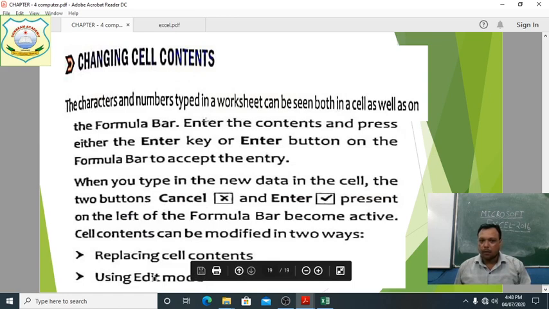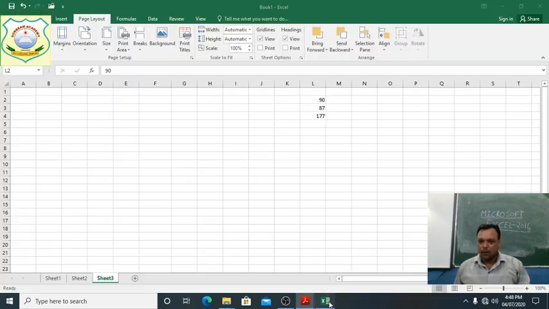Where you are writing in the formula bar, enter the contents and press either the Enter key or the Enter button. We are using the Enter key here for whatever we have written, the sum function. So we can use Enter like this. See this, say Enter. Clear students? So this way we can use it. Clear students?